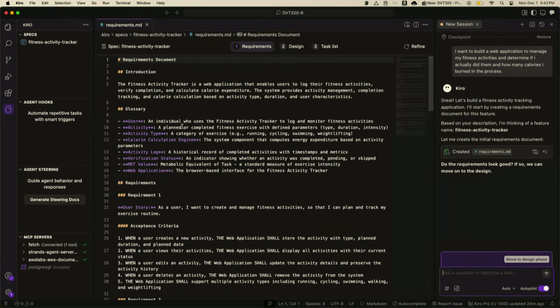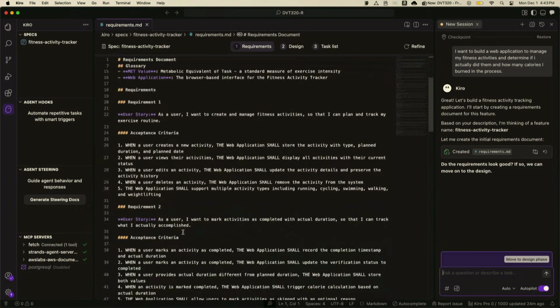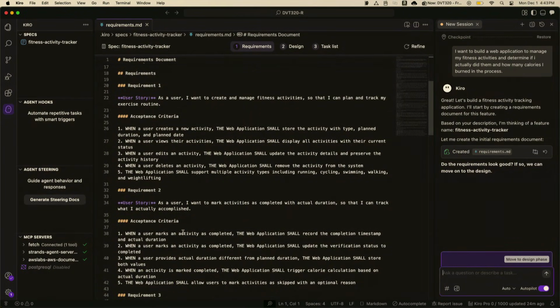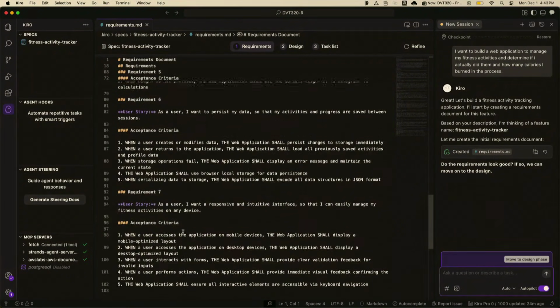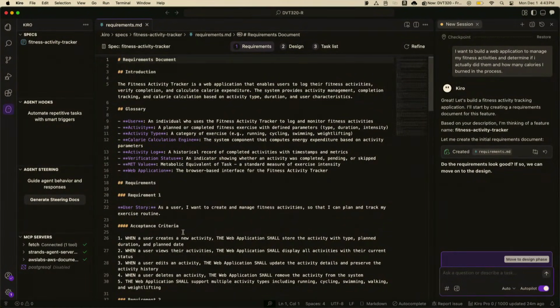It's laid out a lot of different details like what's a user, what's an activity, what activity types are there, how do we calculate calorie consumption, how do we deal with the activity logs. All of these different things here are laid out. These are all important things if I'm going to build this application that I didn't specify in my original prompt. And then we're going to get into the meat of this, which is the requirements themselves. So each requirement is going to have a user story, and it's going to have a set of acceptance criteria. And so the user story combined with the acceptance criteria is going to detail all the different things that I want. And you can see here that it came up with 7 requirements,